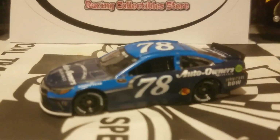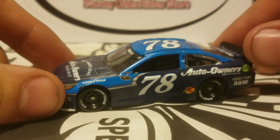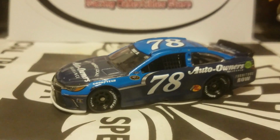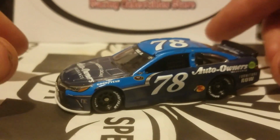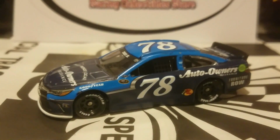But overall, like I said, you should get this car. With the different designs and the different types of finishes this car has, it's definitely worth it, and especially the 124 race win, which has just been released as well. I'll be talking about my opinions on that car, as it's going to be a lot more detailed with the confetti and all that. But that is going to be it, guys, on the diecast review on Martin Truex Jr.'s